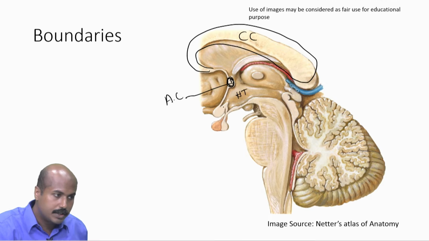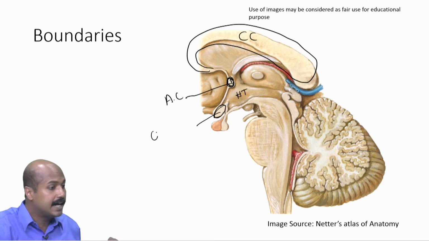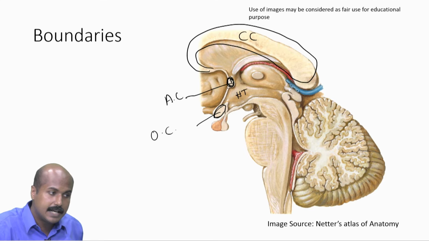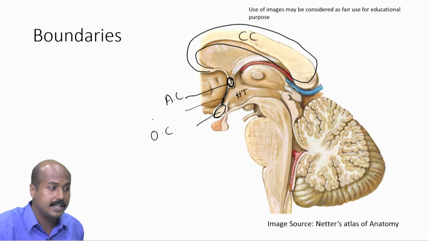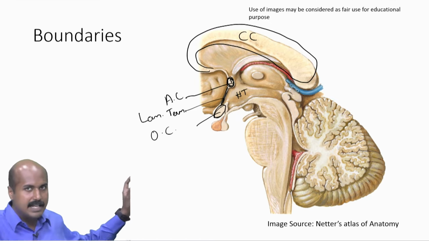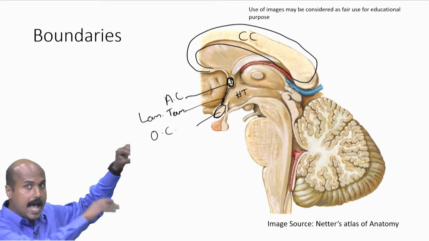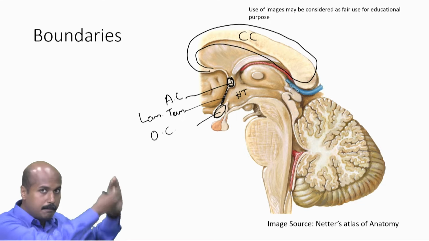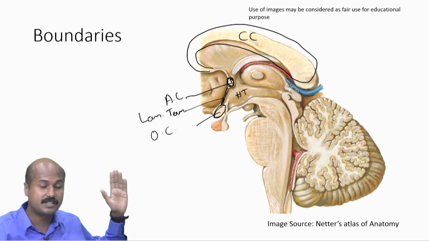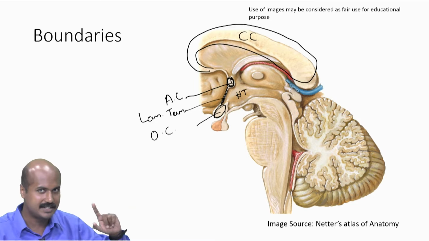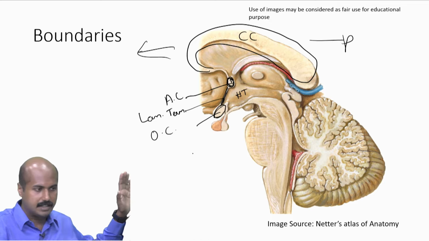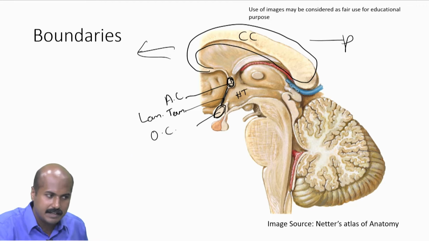Now below here, what you are seeing is the optic chiasma. Between the anterior commissure and the optic chiasma, you can see this structure that is called the lamina terminalis. I am writing it in a short form. So between the anterior commissure above and the optic chiasma below, you can see a film-like structure called the lamina terminalis. So the lamina terminalis will be the anterior boundary of the third ventricle, because this is anterior and this is posterior. So the anterior boundary is the lamina terminalis, and inferiorly you can see the optic chiasma here,